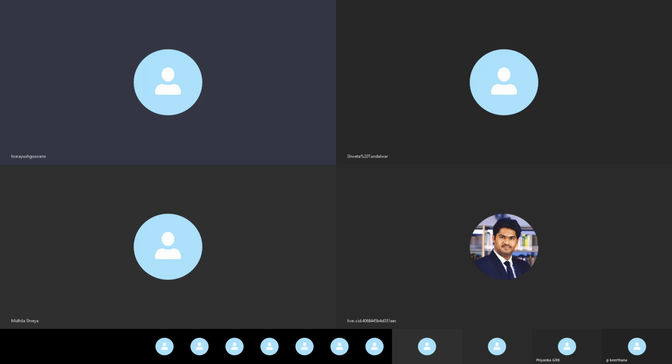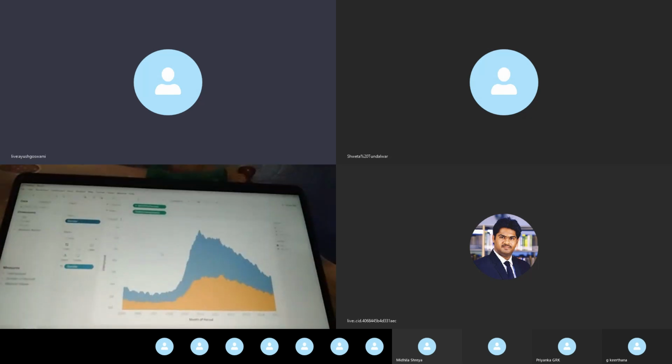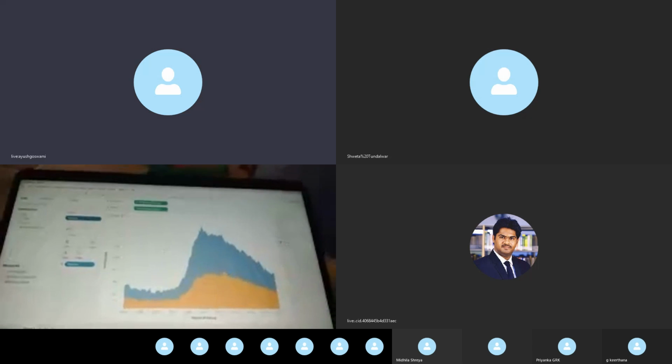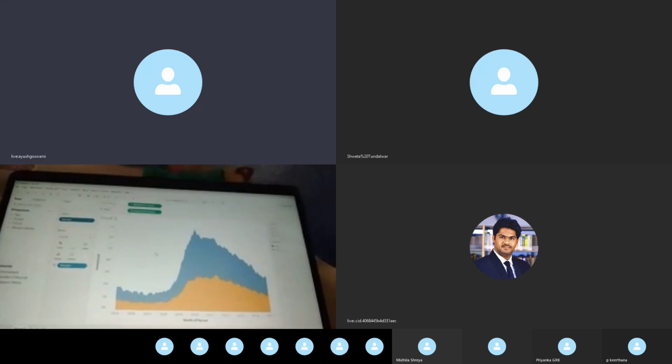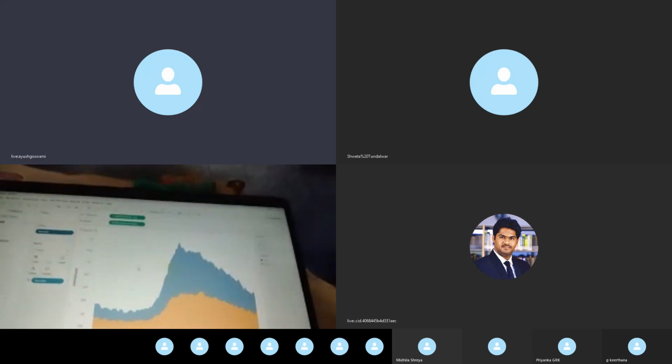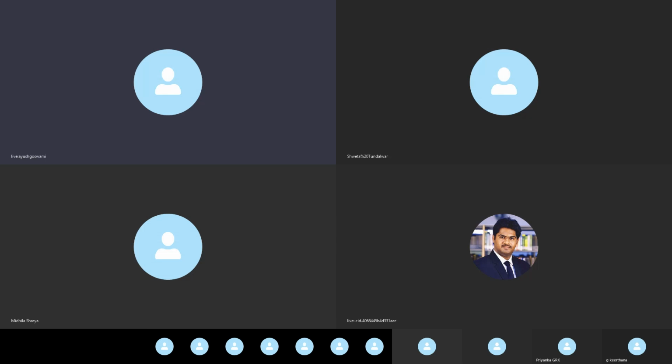Fair enough. So for everyone, I'll just tell you how we did this. There is an option of share screen on the right bottom side of your screen where you will see two square boxes.